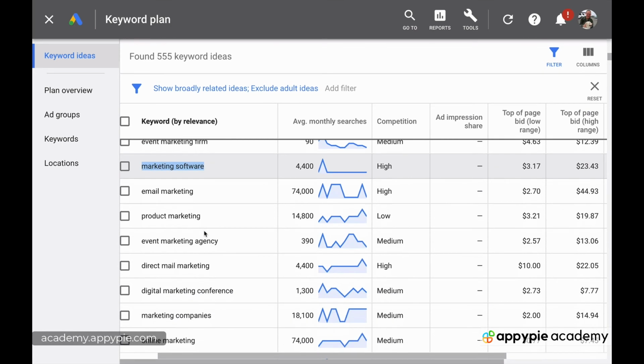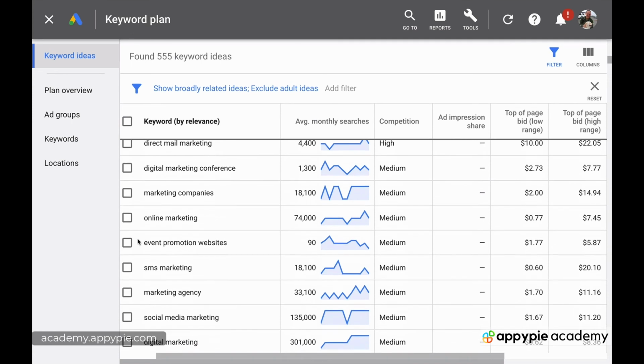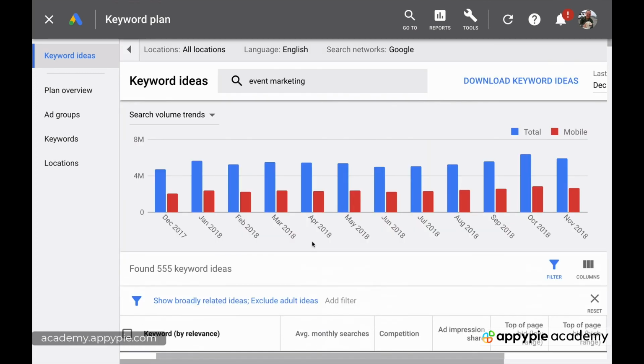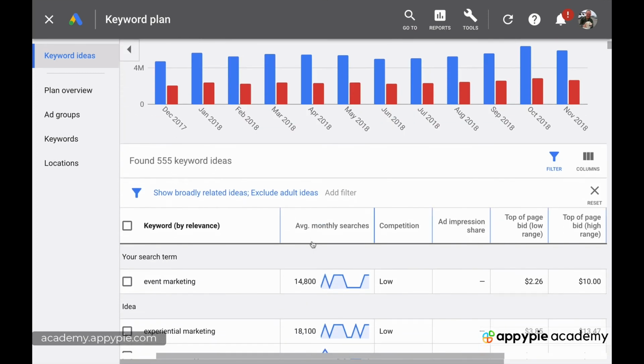So this is too general, product marketing, event marketing agency. This is people looking for an agency, not a book. So we don't need that. Event promotion websites, you see it could possibly be a match, but it's such a low volume that we don't need it. So in your case, what you do is you would go through this tool and you'd look up